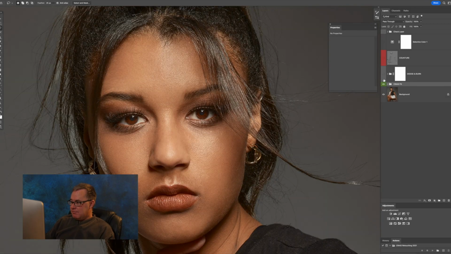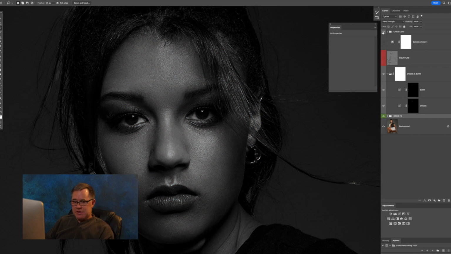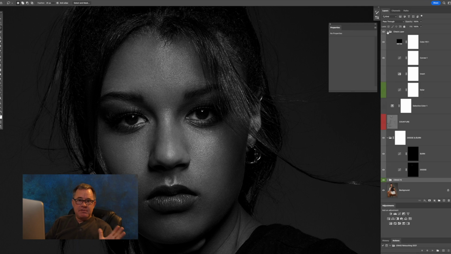After I have run my frequency separation and it made it look like this, then I run your everyday standard Photoshop dodge and burn. There's no secret to that. Up here at the top on all of ours, I have this set of check layers, which is again sort of the same thing in Capture One. There's a million videos on dodge and burn, so I really am not going to get big into that, but the only difference is sometimes I think